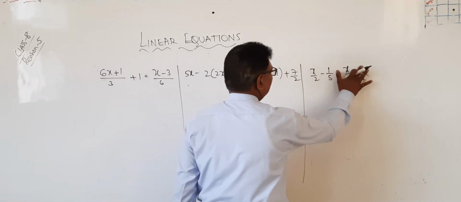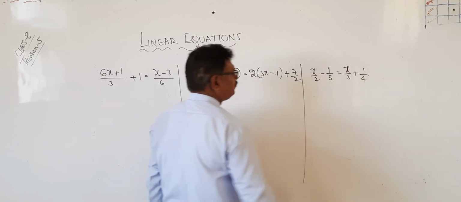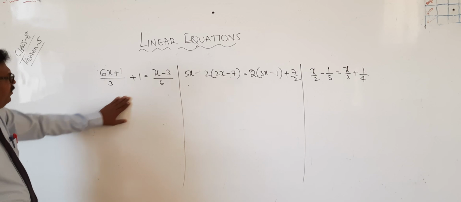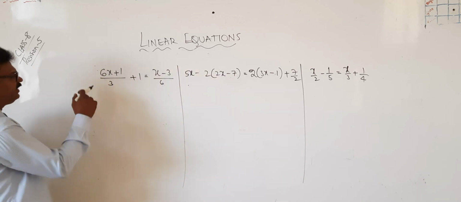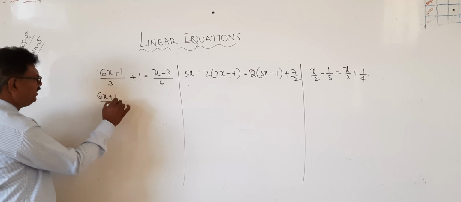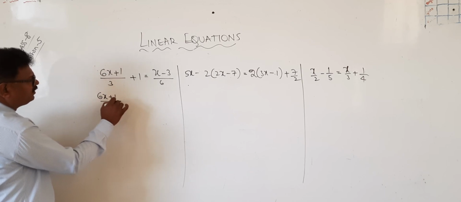Sorry, it is 1 by 4. No problem. Right. Now very simple. You see this problem. Now just bring that side. 6x plus 1 by 3. Okay? Otherwise